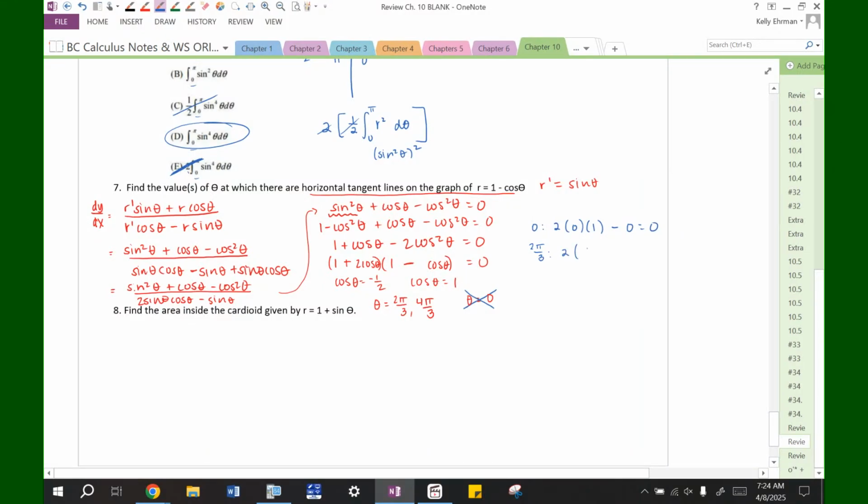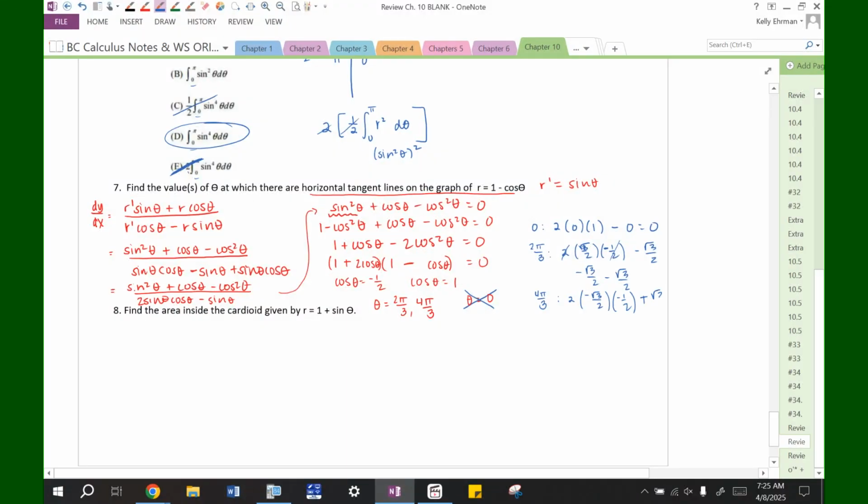2 times 1/2 times radical 3 over 2 times negative 1/2 minus radical 3 over 2. There's not going to be any issue there. That's negative radical 3 over 2 minus radical 3 over 2, so that's okay. That's not 0. And 4 pi over 3 should be 2 times negative radical 3 over 2 times negative 1/2